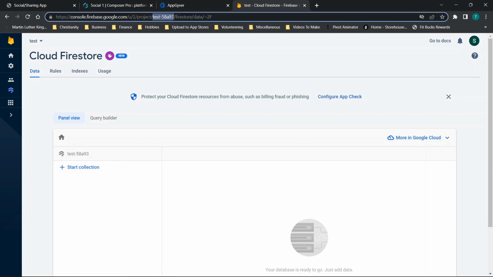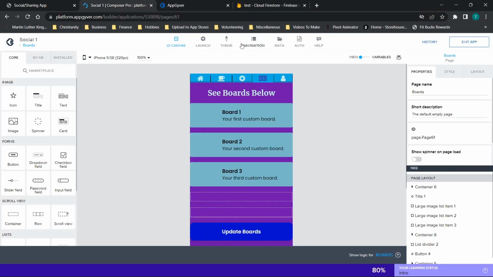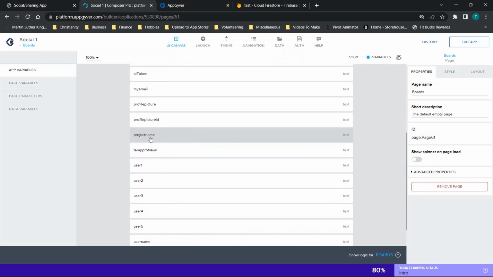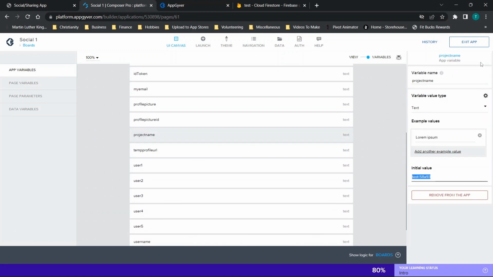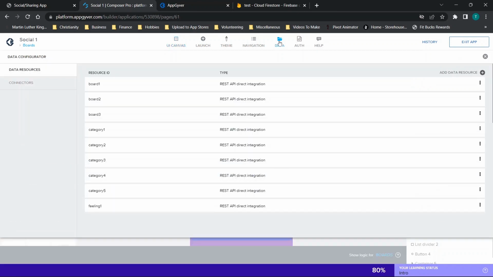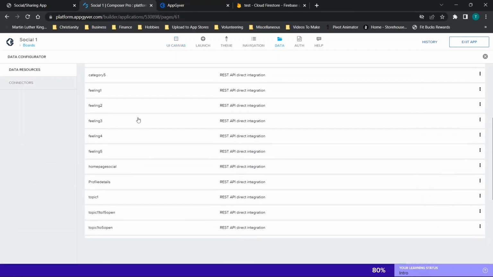I grabbed mine from the URL bar. If you want, you can copy it from your app variables. So you can go to find variable slider and then go to project name. This was your project ID. However you want to get it. We need that now. So all we need to do is go to data, and then you'll see all of